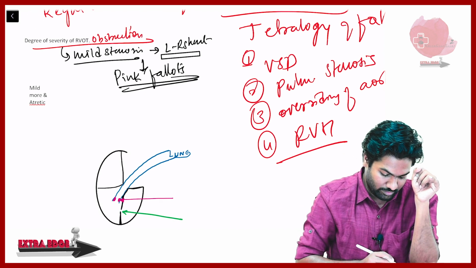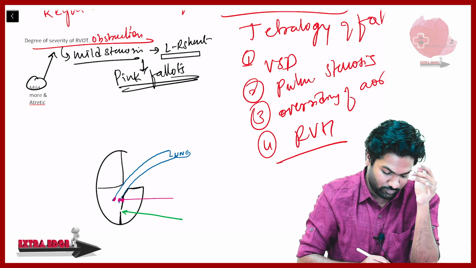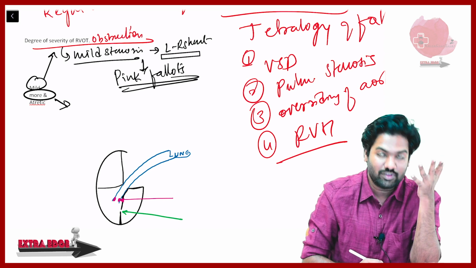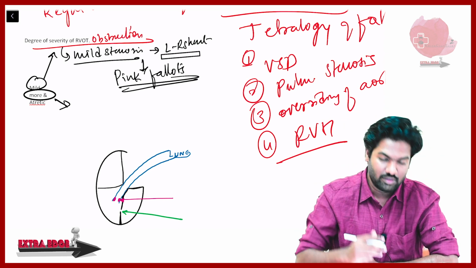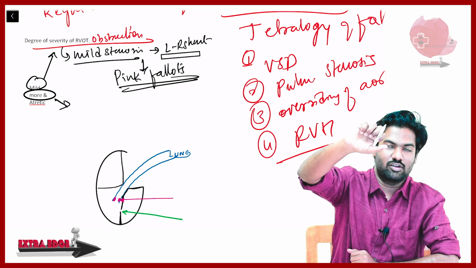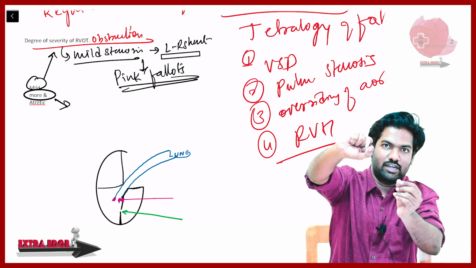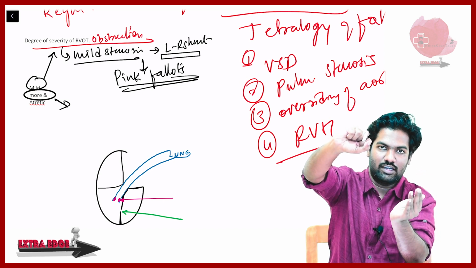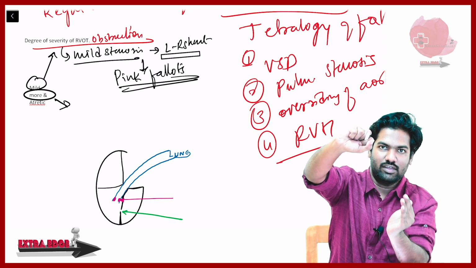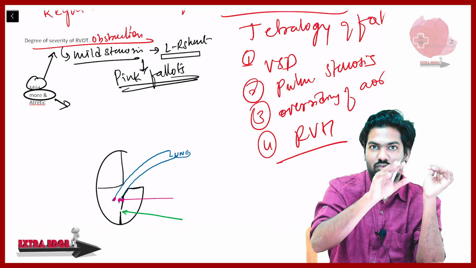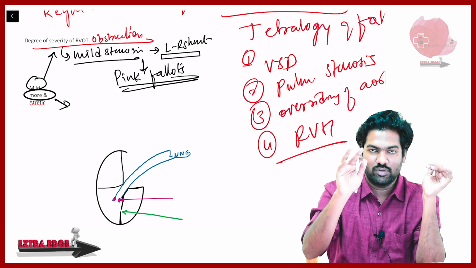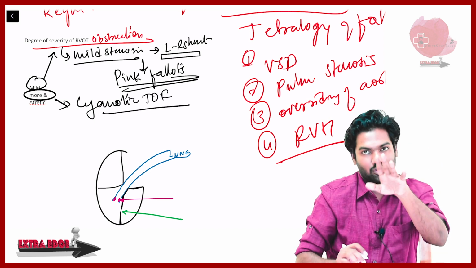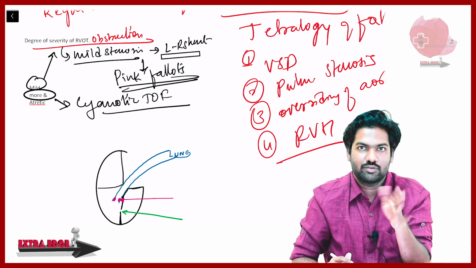On the contrary, if you increase the degree of pulmonary stenosis to a more severe amount, what happens then? Once the pulmonary stenosis is too much, the right ventricular pressure is increased to such a level that the left to right shunt starts behaving as a right to left shunt. So the deoxygenated blood gets mixed with oxygenated blood, and that is called cyanotic TOF. Most tetralogy of Fallot cases present with cyanotic TOF only.